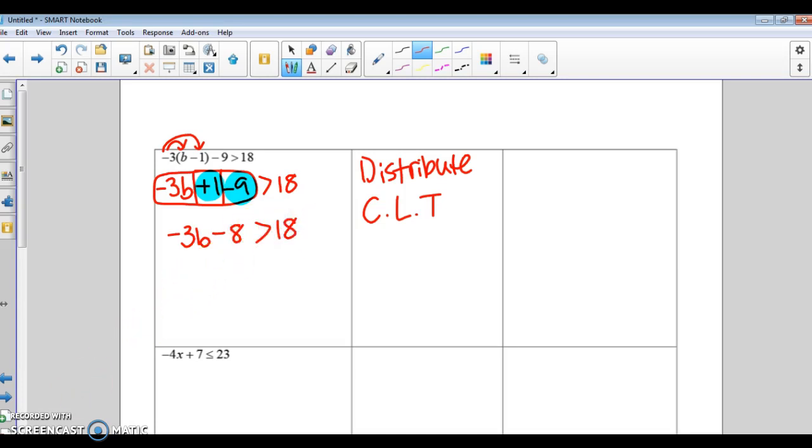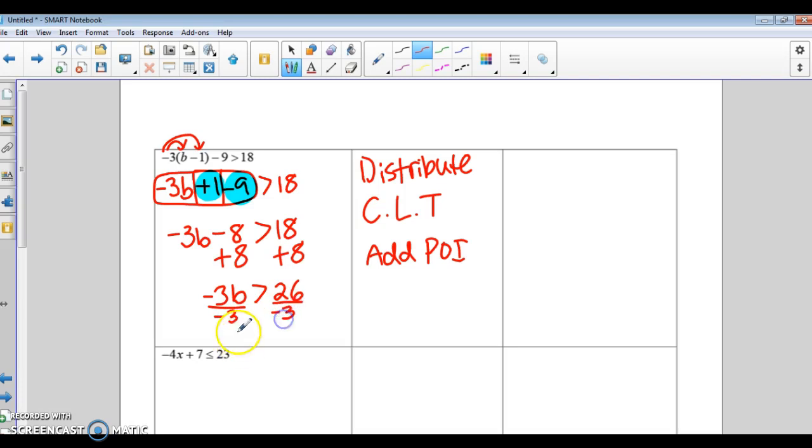Okay, now you should be able to do this by yourself. Okay, so finish it up. Okay, we're going to add 8 to both sides. Okay, so now we have negative 3b is greater than 26. Alright, so we use add point. Now what am I going to do? If I want to put b by itself, I need to get rid of negative 3 by dividing by negative